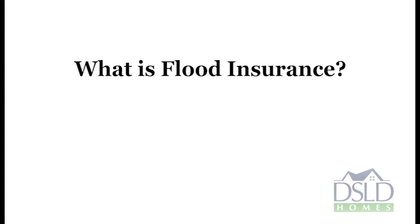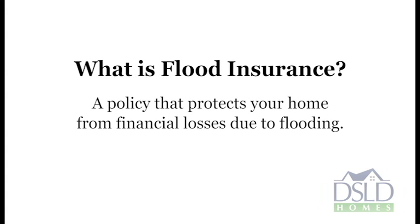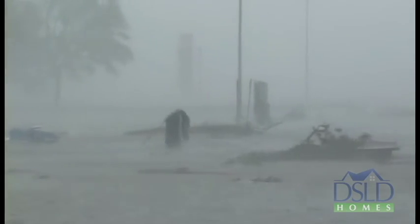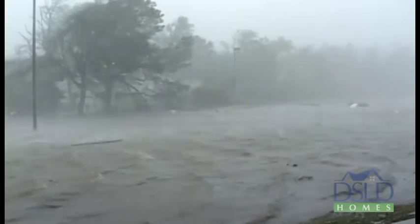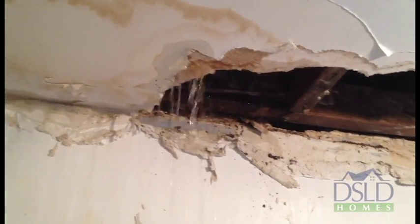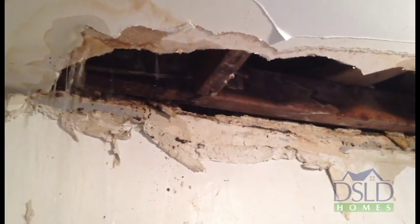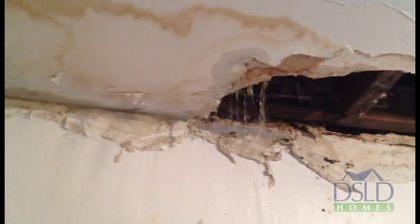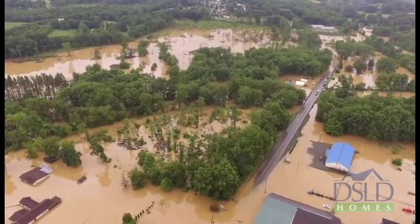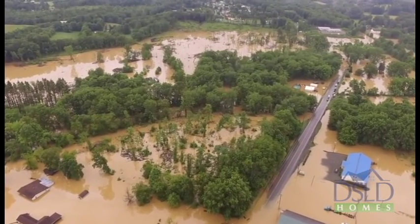What is flood insurance? Flood insurance is a specific insurance policy that protects your home from losses due to flooding. It is important that we make a distinction between damage due to rising floodwaters and damage due to wind-driven rain, such as that from hurricanes. When water damages a structure by entering through areas like windows, doors, or holes in a roof, losses are not covered by flood insurance. Flood insurance only covers overflow of inland or tidal waters and unusual and rapid accumulation or